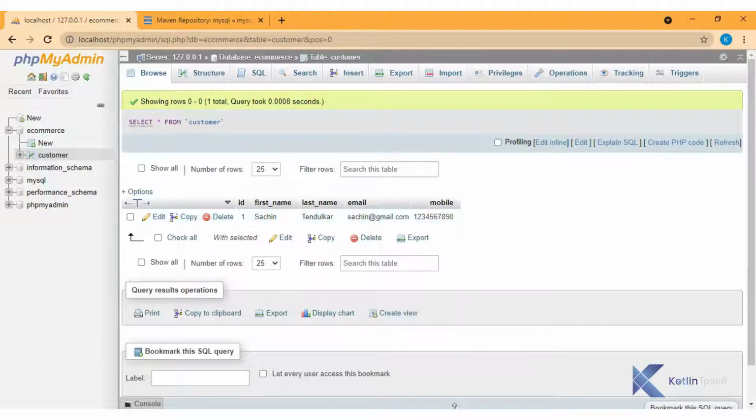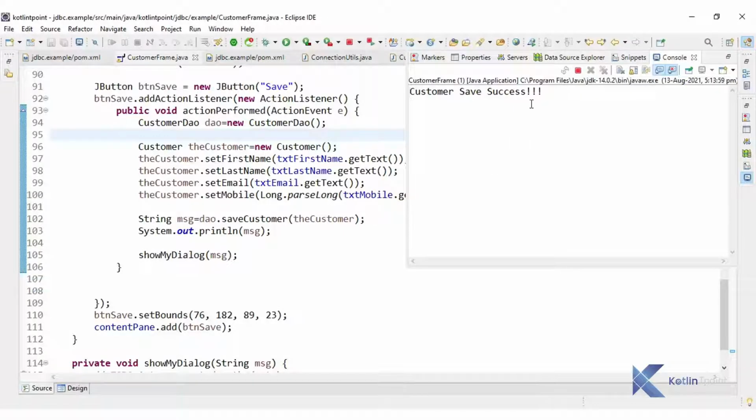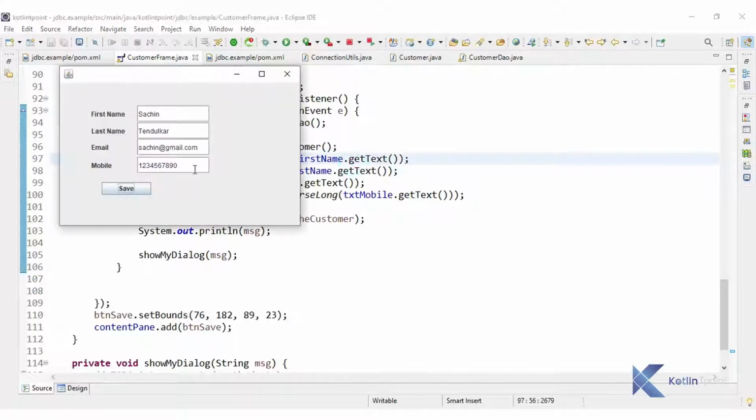So guys, write this code, complete it, and test with your form whether it is working or not. If you have any query, you can let us know in the comment box. We will continue the code in the next video. Okay, so in this video we completed the insert operation. In the next video we'll complete fetching data and displaying it with the JTable.